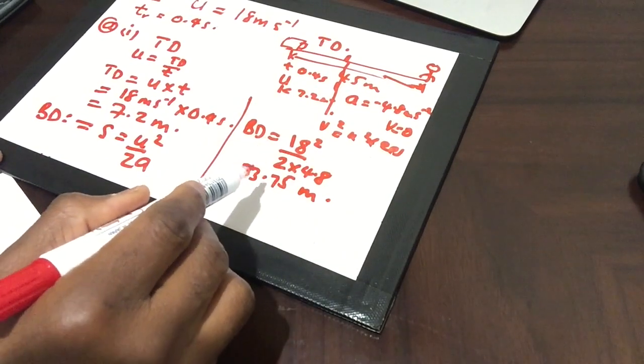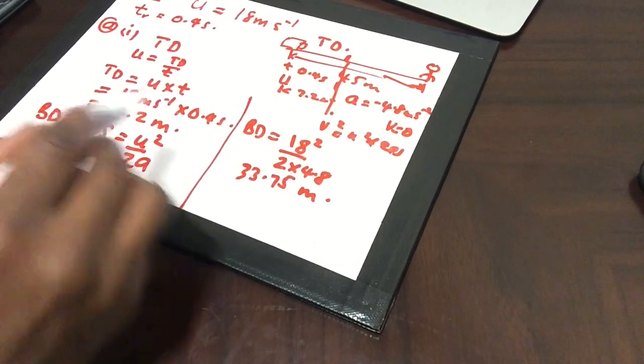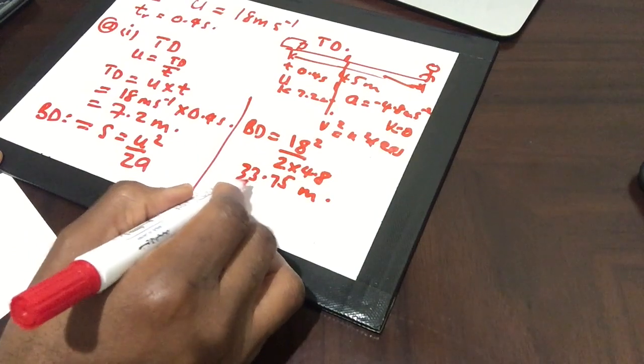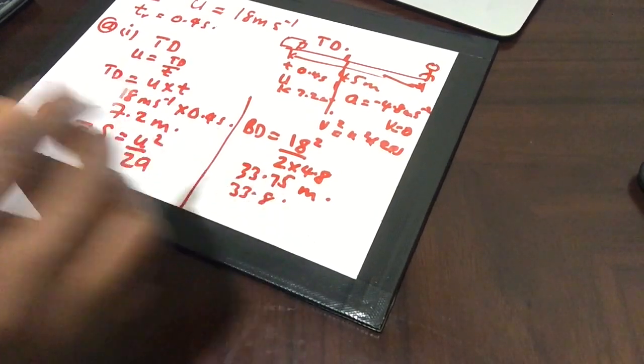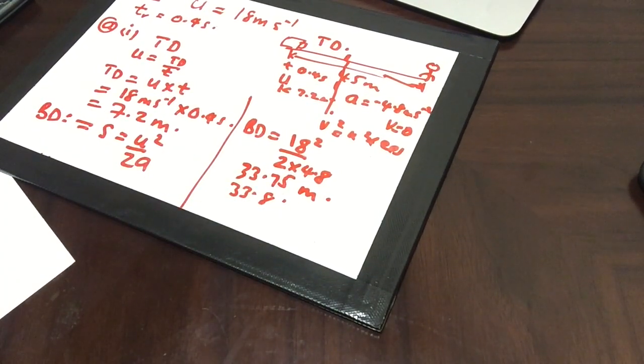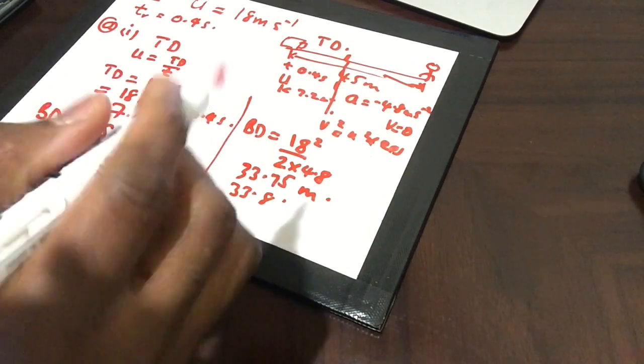So obviously if you add this to 7.2, which is approximately 33.8, plus 7.2, that should give you a total of